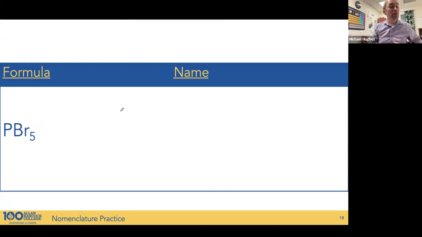PBr5, is there a metal? No, not this time. Phosphorus and bromine. So we're going to use the prefixes. The first one is 1. And so it would be mono for 1, but because it's the first one, we'll drop the mono. And 5 is penta, like the 5-sided pentagon. So we're going to drop the mono on our first species, and it's just phosphorus,